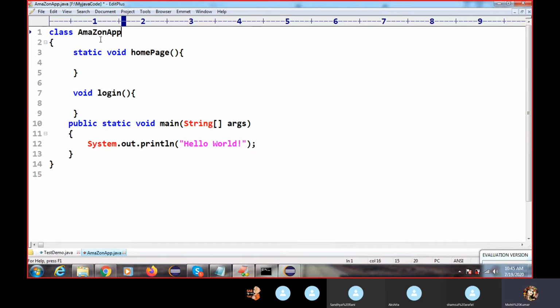A class name will start with a capital letter, and again the second word will start with a capital letter. So this is how you write the class name. Got it, right? If I have an Amazon app home page, you have to follow this coding standard.